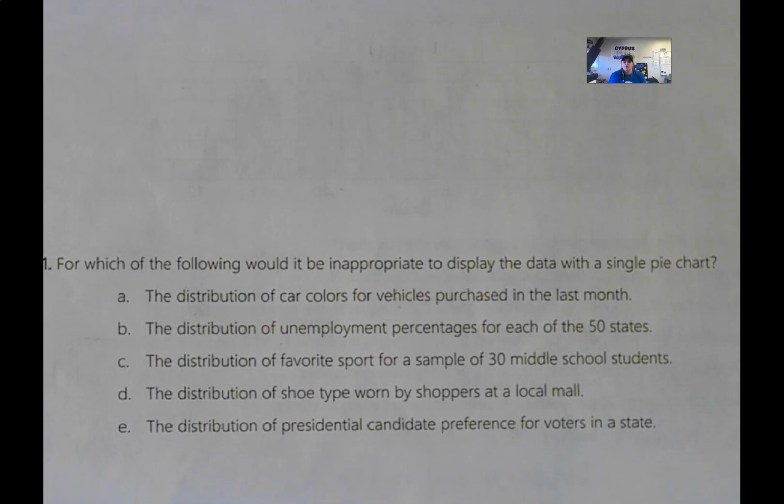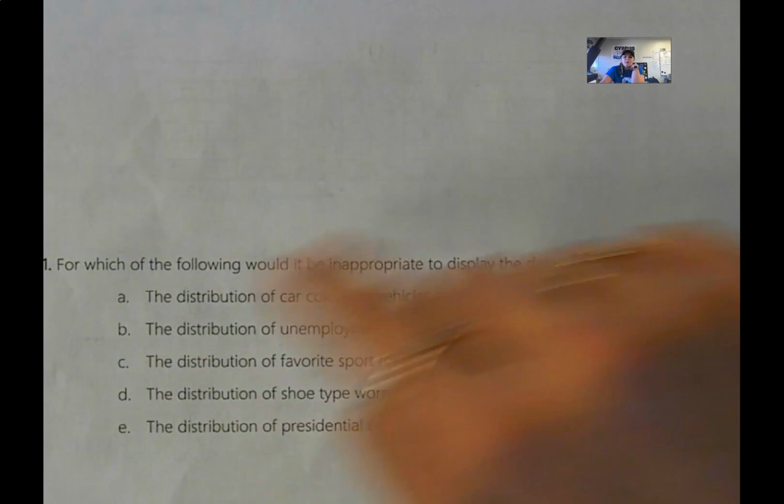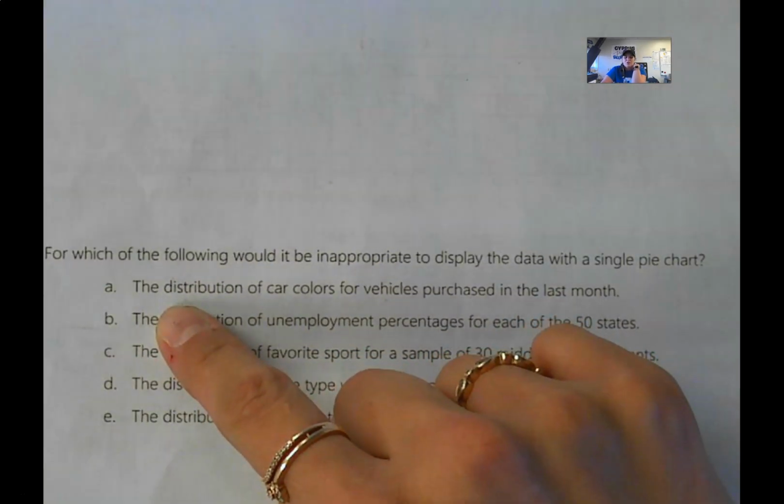B, the distribution of unemployment percentages for each of the 50 states. Well, what would that look like? If you were going to make a pie chart of that, the pie would have to have at least 50 different slices, because there are, I don't know how many states there are nowadays. There might be 49, there might be 51. I'm not even really sure. But you couldn't make a pie chart with that many different slices in it. That's the first thing that makes me think, well, maybe it's B,